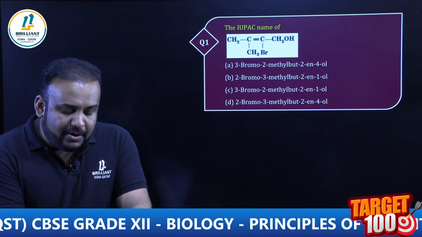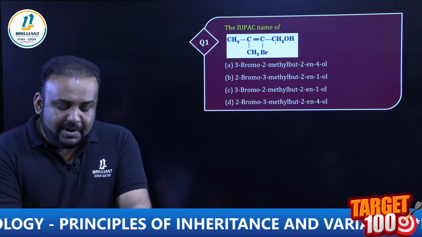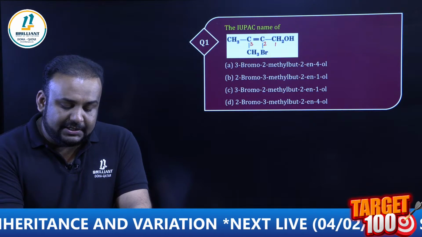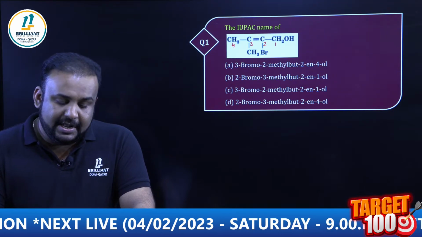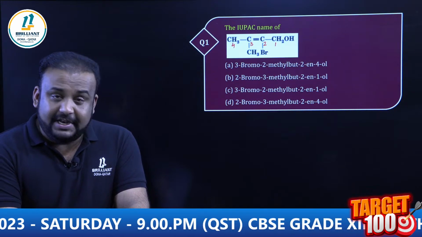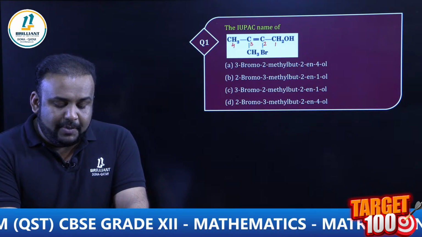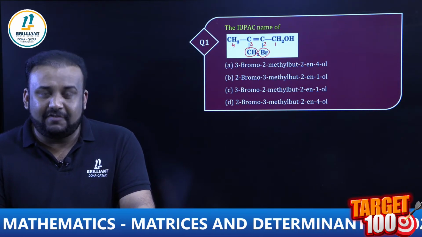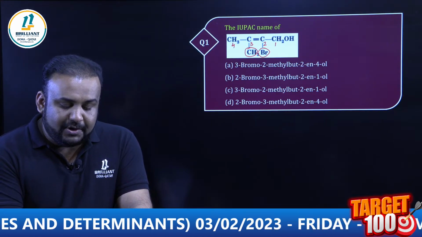Yes, alcohol has to be treated as the principal functional group. So we will start numbering the carbon chain from the alcohol attached carbon. This will be the right numbering for the parent chain, and we will write the name as per the alphabetical order of the secondary functional groups. Here you can see there is a bromine, there is a methyl group. As per alphabetical order, bromo should be coming first. So the name of the compound will be